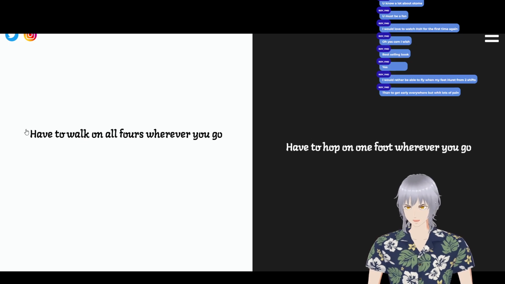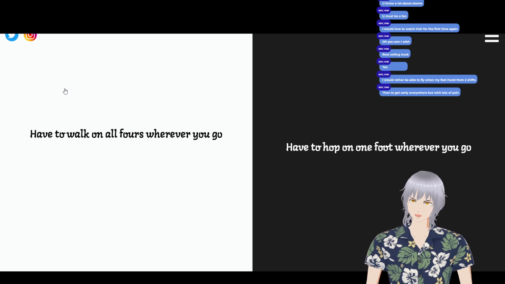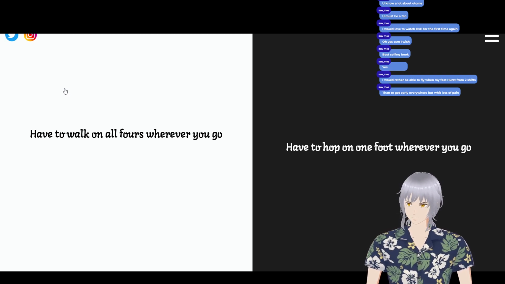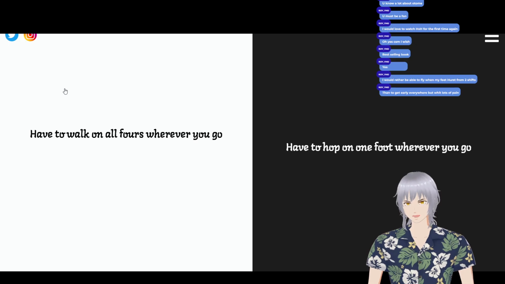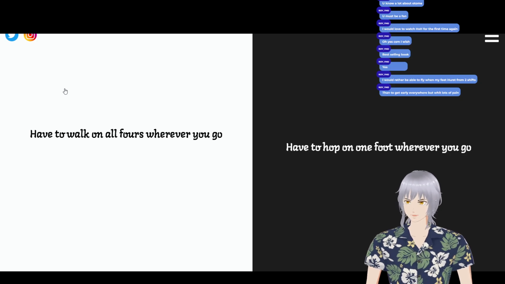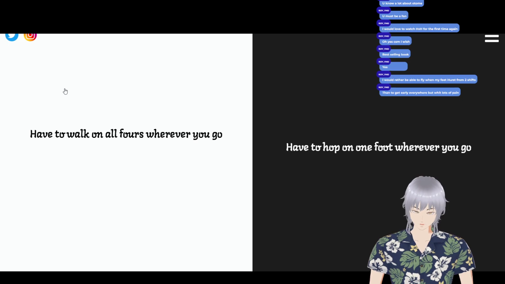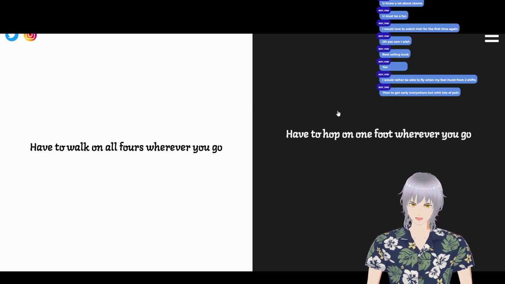Walking on all fours also, I'd rather do the hop on 1 foot. Mainly because, firstly, the walking on all fours seems like a humiliation fetish thing. Perhaps it's a furry thing as well. I don't know. I don't judge, but it seems inherently a little sexually charged. And also walking on all fours gets your hands dirty. I don't like it when my hands are dirty, you know? I don't like having dirt and grass and grossness on my hands, so hopping on 1 foot, although harder,